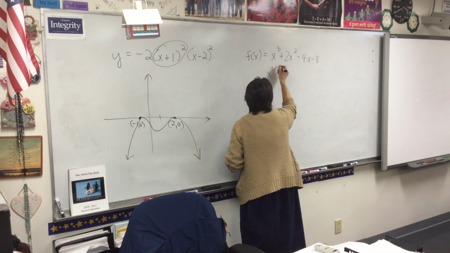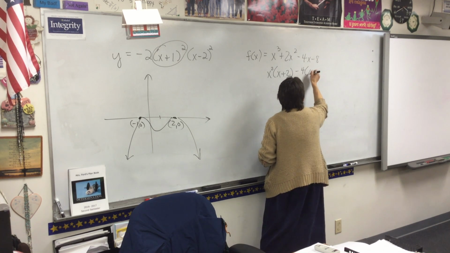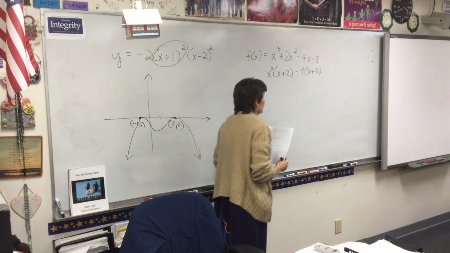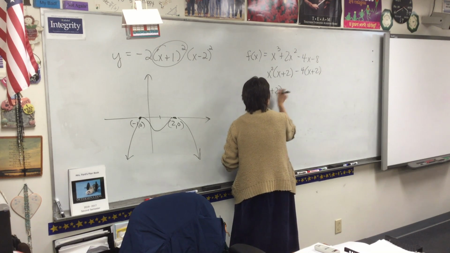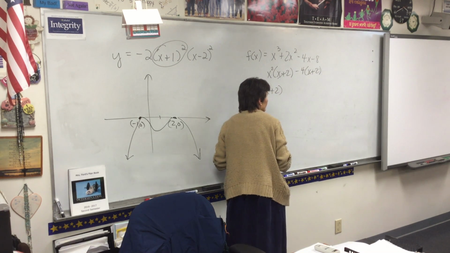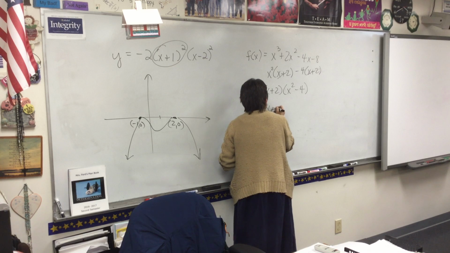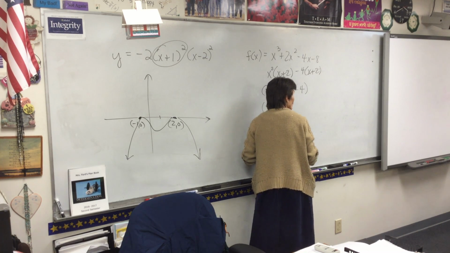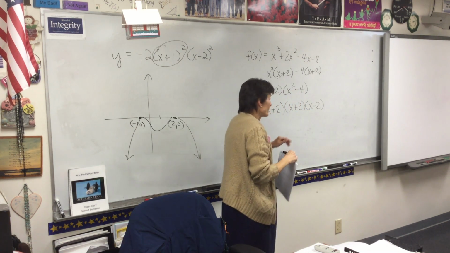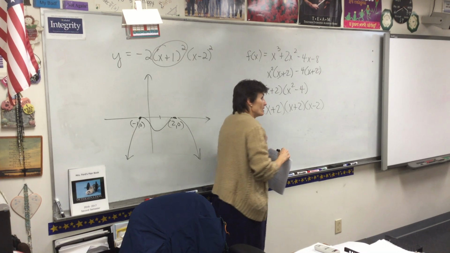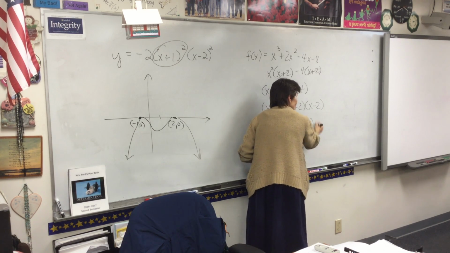If I group these, I can take out an x squared, and I can take out a -4. That's very good news because I have the same parentheses. And then I have x squared minus 4. What can you tell me about x squared minus 4? X plus 2, x minus 2. Whoa, this is a little tricky. Do you notice something here? You have the same thing. So you have x plus 2 squared times x minus 2,